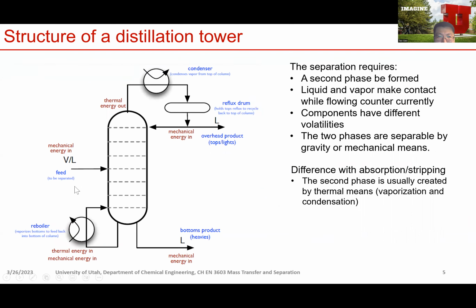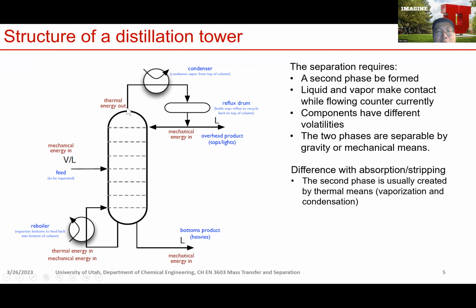Okay, so let's look at the structure of a distillation tower. So here we have a distillation tower. In this case, it's a tray tower. And we have a feed that can be vapor, liquid, or a mixture of vapor and liquid that's feeding to this tower by mechanical work. Okay, so then the liquid phase, right? That's typically the heavier, the phase with higher density, well, basically flows down, whereas the vapor phase will go up,